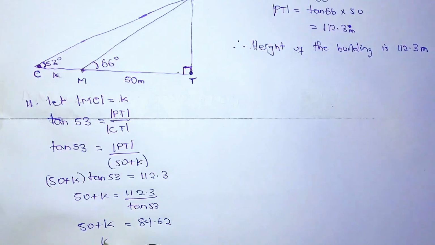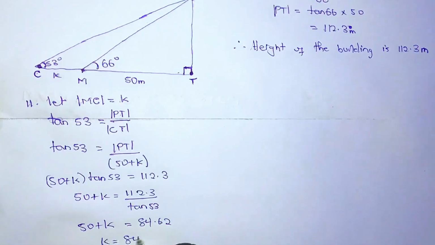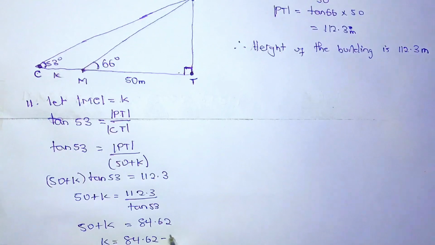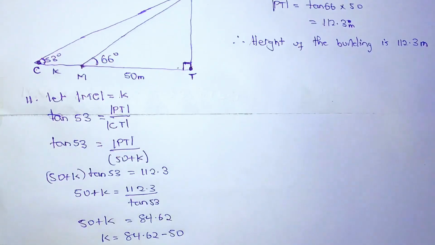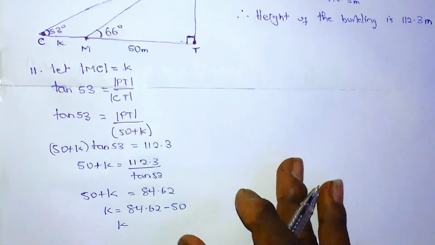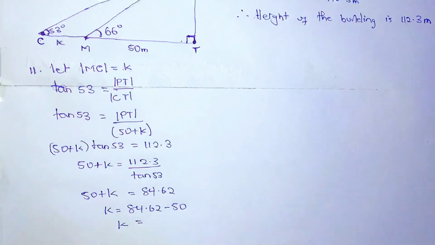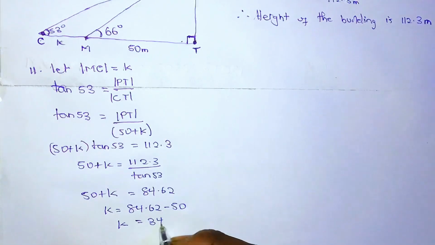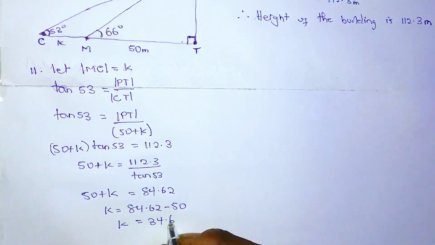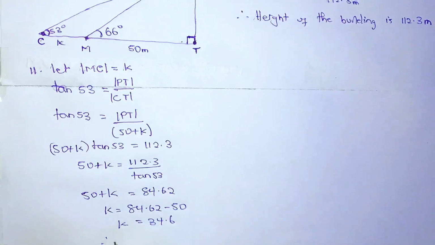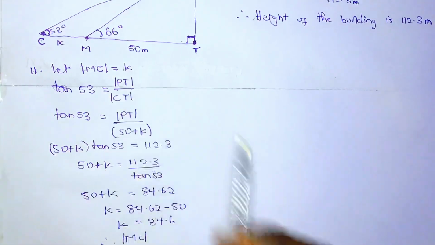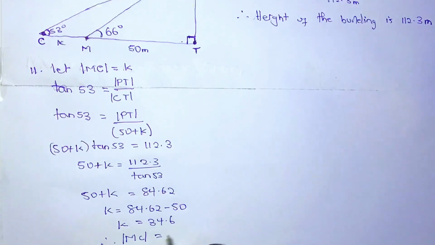So K will be equal to 84.62 minus 50. And K is equal to, if we subtract, 34.6. So we conclude, therefore, MC, which is equal to K, is equal to 34.6